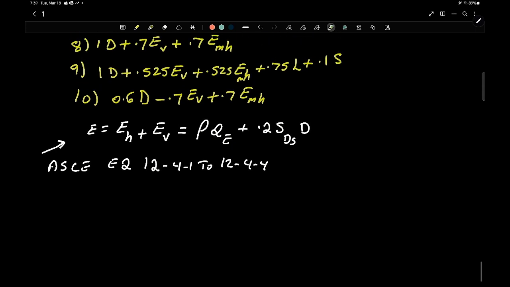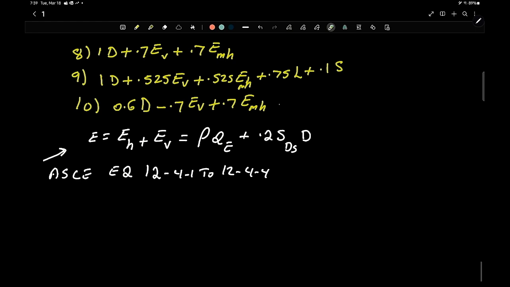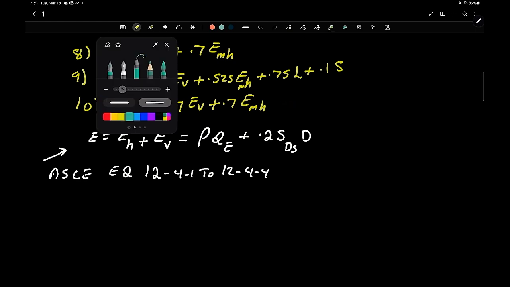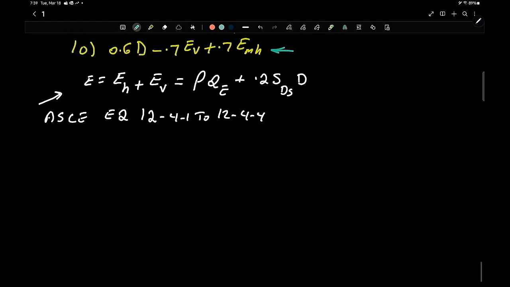We're gonna say, I think this one controls right there. Let me write this down here. This should control right here, just by inspection, or you can do all 3 of them and see what comes out. So we have T is equal to 0.6 D minus 0.7 times, instead of EV we're gonna say rho, which let's assume rho from